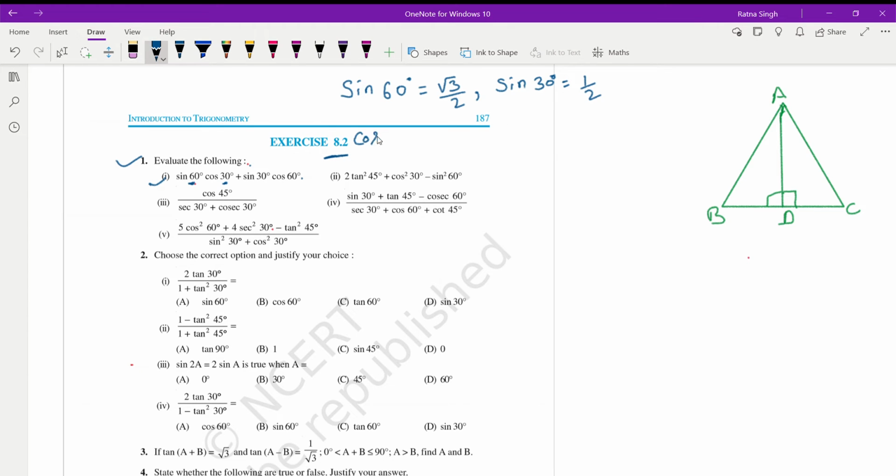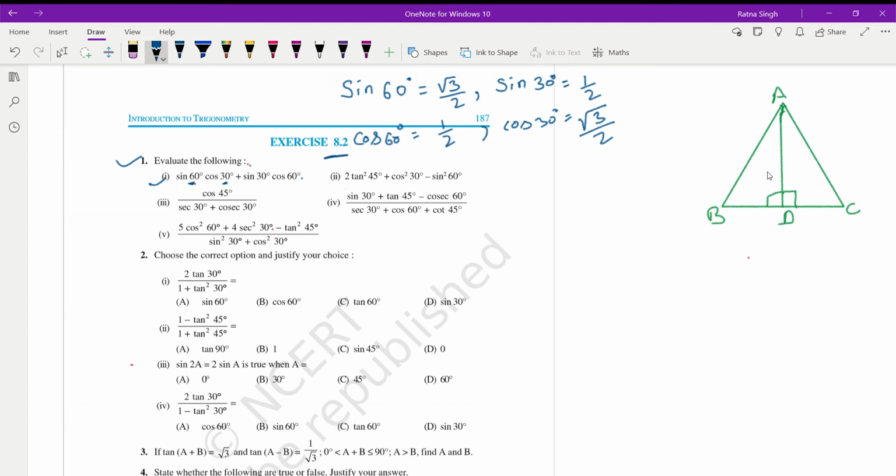Again, cos 60 degree is equal to 1 by 2 and cos 30 degree is equal to root 3 by 2. We can derive these values by Pythagoras theorem,